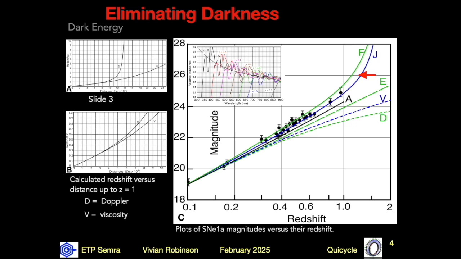Curve J applies for a universe that has a 100% chance of existing forever. Curve F applies for a universe that has a 1 in 10 to the 60 chance of existing now. Your choice. The astronomers who measured those magnitudes at different redshifts did a good job. What they measured was the SNe Ia magnitudes expected from an infinite steady-state universe. It was the mathematicians who interpreted it as requiring dark energy equivalent to 17 times the observed mass energy of the universe to give the universe a 1 in 10 to the 60 chance of existing.